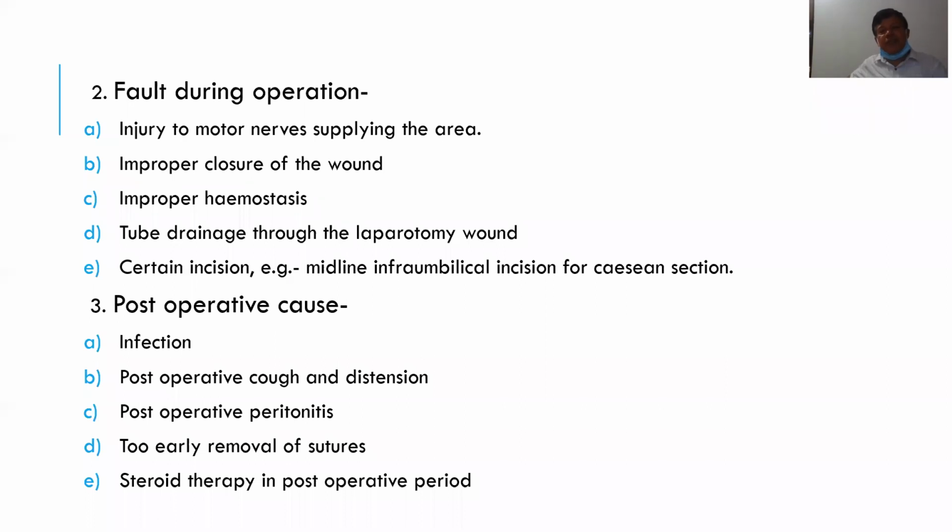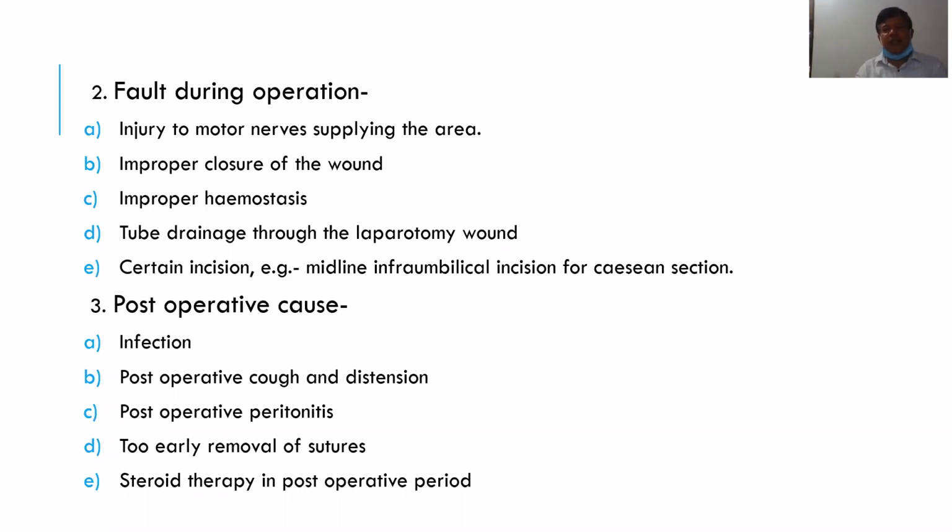Among those, one is the midline infraumbilical incision for cesarean section. Usually for cesarean sections in emergency cases, a midline infraumbilical incision is done. But sometimes in elective cases, a Pfannenstiel incision, which is a type of transverse incision, is used, and the incisional hernia rate is less.